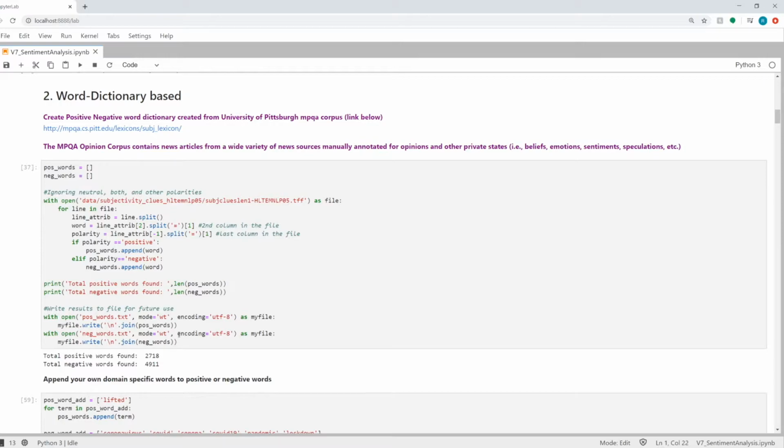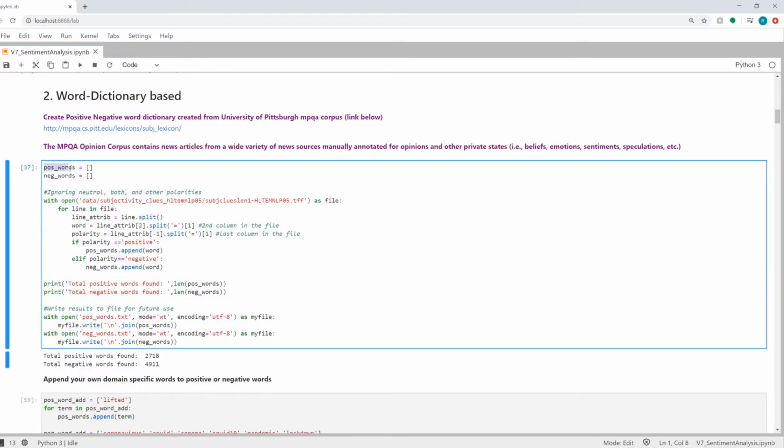Depending on those dictionaries, you will parse the text and find out if those words are contained in the text and assign it a positive or a negative score. So the idea is to have two dictionaries, one with positive words and the other with negative words. It can have single words, as I said, or n-grams, whatever you think would be suitable for your task.